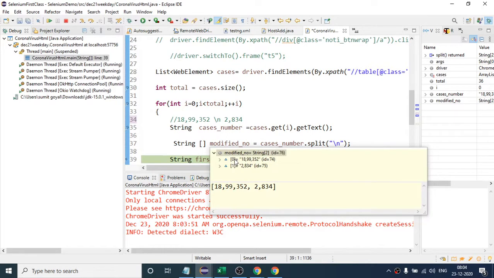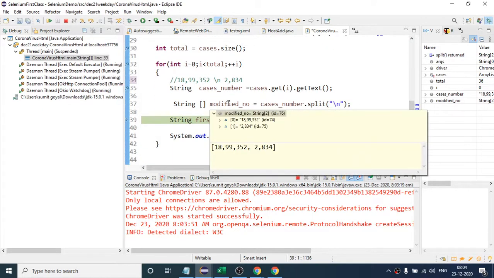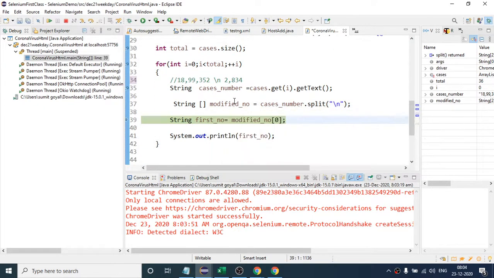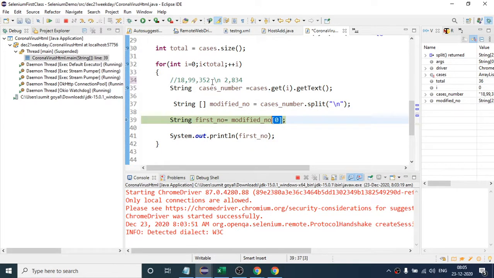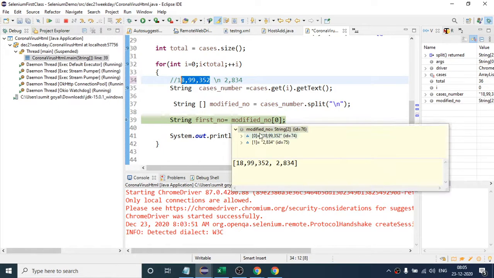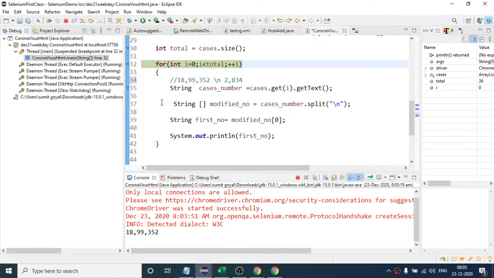If you execute this line, this will have two numbers. At index number 0, the first number is present. At index number 1, the second one, so this is basically just like an array. So if I want to get the first number, I will say in the array bracket 0, and if I want to get the second one, I will say 1 here. As of now I am interested only in the first number, so I have written 0 here, and if you execute this, you will get the first number and it will print, right? So this step is clear to everyone now. Yes.